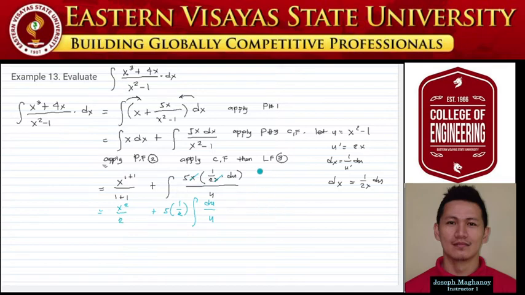Then we can apply our third formula. So x squared over 2 plus we have 5/2,